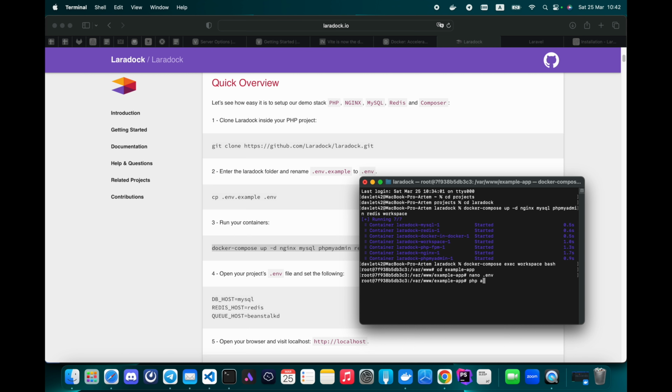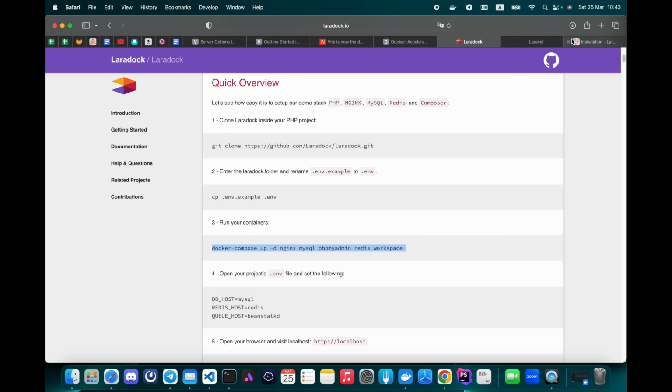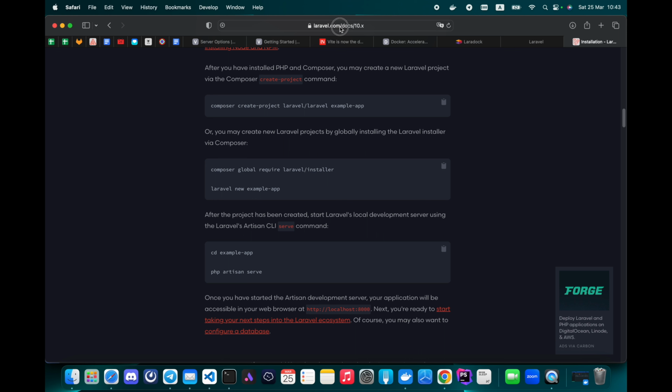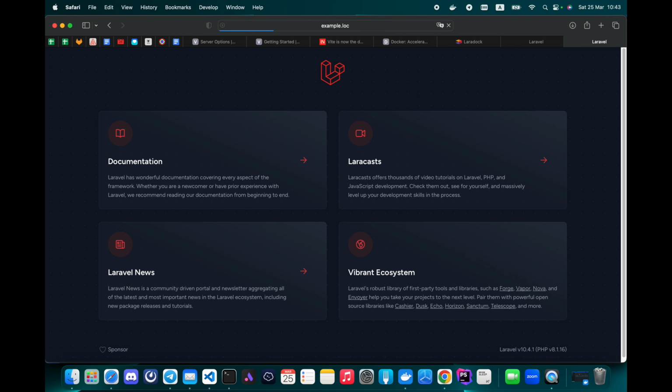Make sure that you run the PHP artisan migrate command and the npm install command. If we open the example.log page in a web browser, we can see the Laravel version at the bottom of the page.